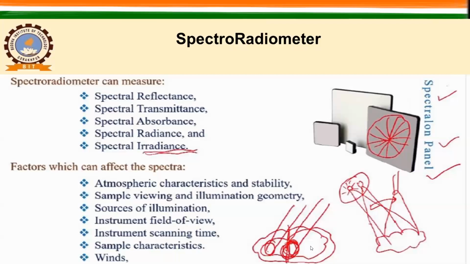So the viewing geometry, that means your source is here somewhere, right? Or you must be using some other source, maybe halogen lamp or sun. So this geometry should not get changed during the measurement. So, right. So this is very important, but that is a source sensor geometry and then source of illumination.